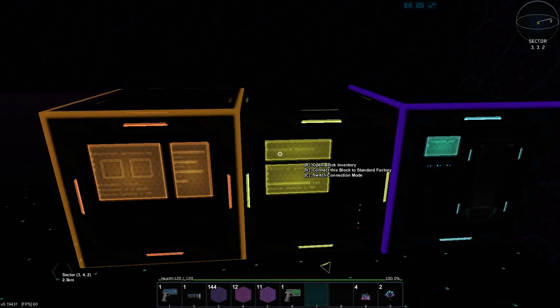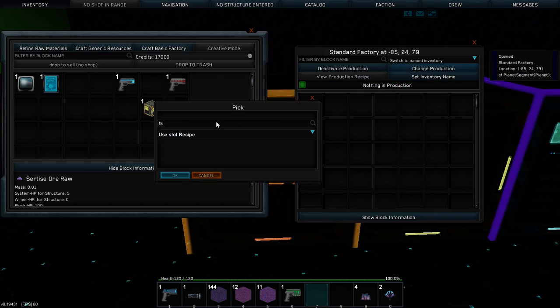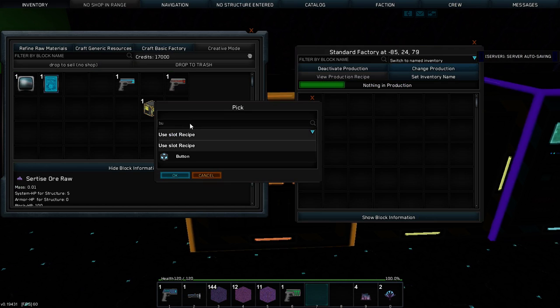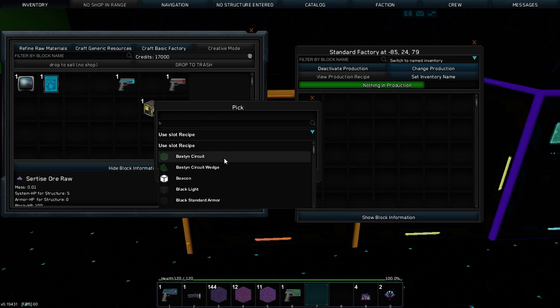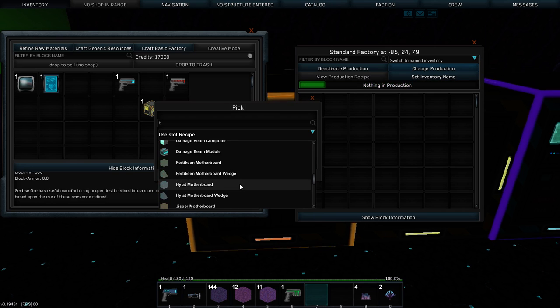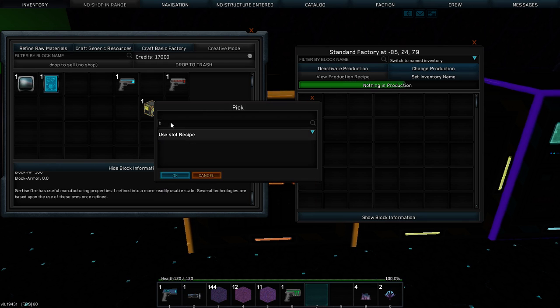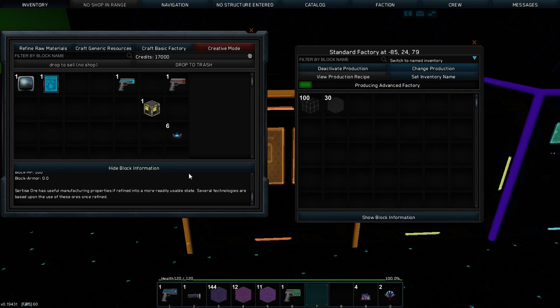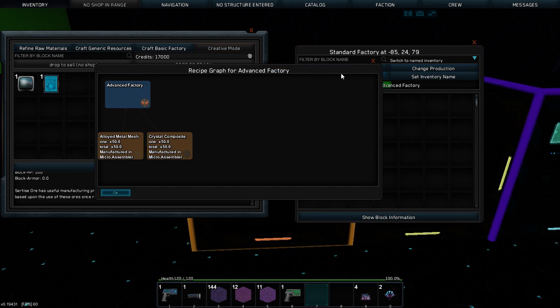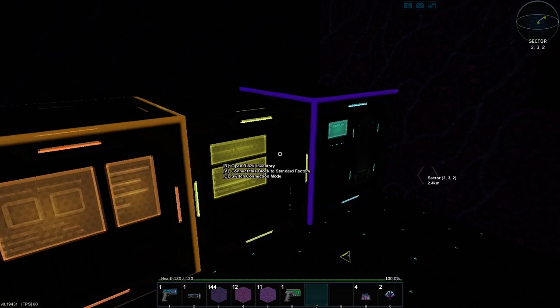I'm going to get here, so I'll pull resources. How can I build a build block from here? From here? Button. Circuits, beacon, light, armor, button. No, so I need an advanced factory then. Advanced factory. 50 and 50, okay. So I'm not going to be able to...